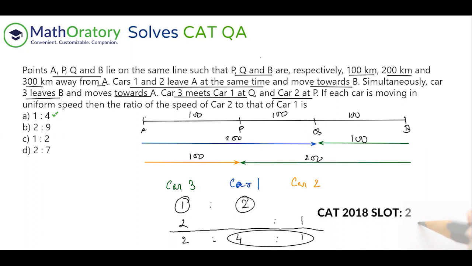Pretty easy question. I mean, nothing to it. I explained it in a little more detail, but if you understand these ideas, this should happen very naturally to you. It should hardly take somewhere in the range of 40 seconds to solve this problem. Definitely a round one question to solve. Do not leave questions like these. Arithmetic should be very strong with you lot whenever you're sitting for CAT. So that's it for this question. Hope you understood this. Thank you.